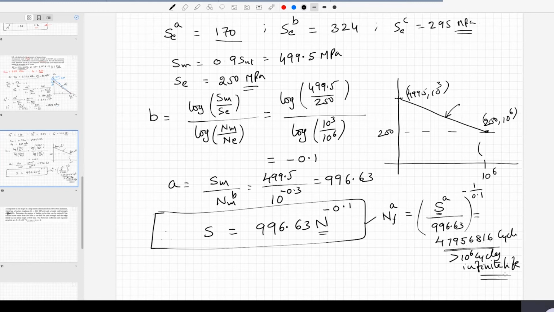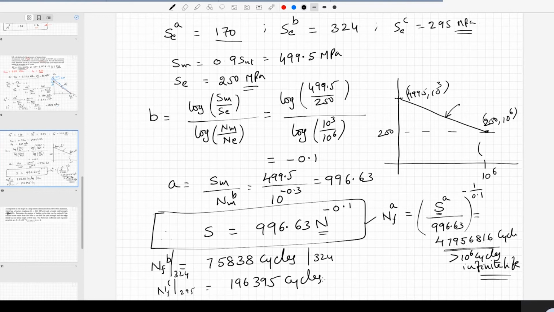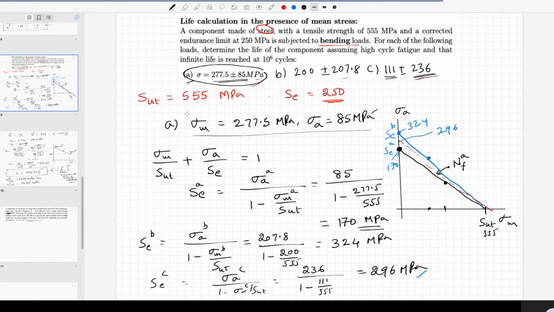For the first scenario. And let us look at the second scenario, that is NFB. Turns out to be 75,838 cycles. That is corresponding to 324 SE. NFB corresponding to 324 SE. NFC corresponding to 295 MPa is coming out to be 196,395 cycles. So what basically this is telling you is that out of these three stress states, the first stress